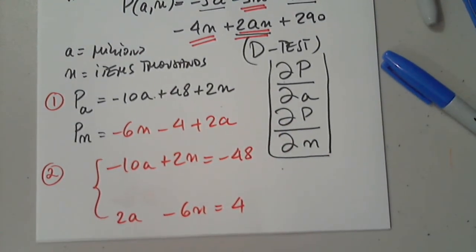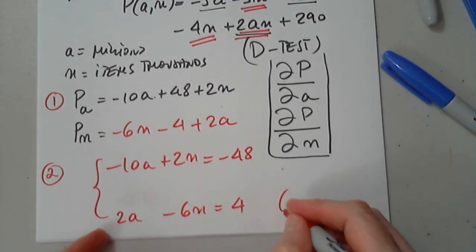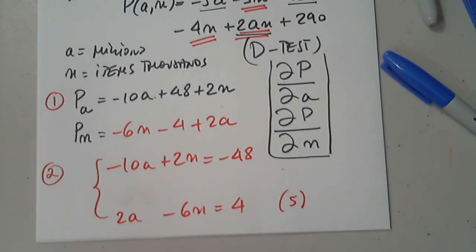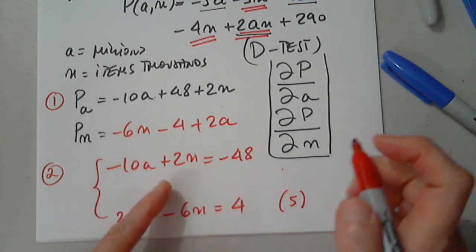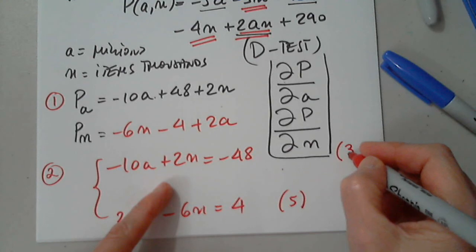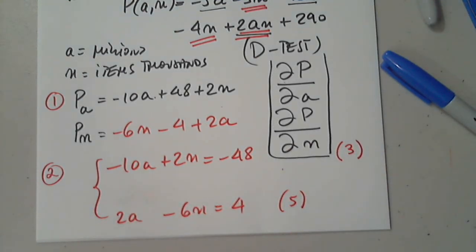And now I will decide which variable to eliminate. If you want to eliminate A, then you have to multiply both sides here by 5. If you want to eliminate N, then you have to multiply both sides here by 3. It doesn't matter which one we eliminate, but let's choose one. Which